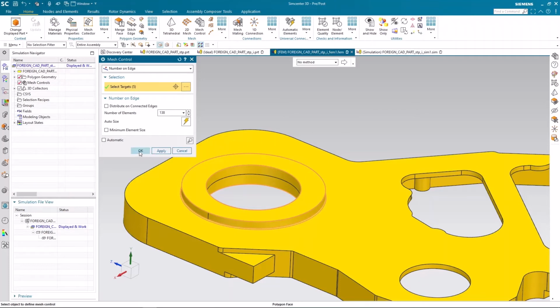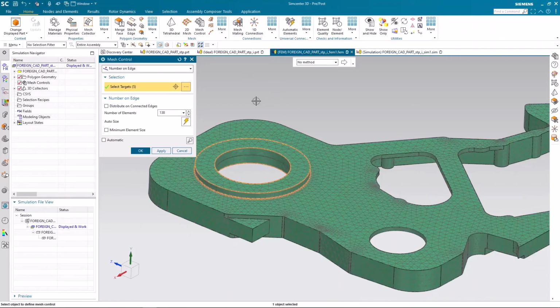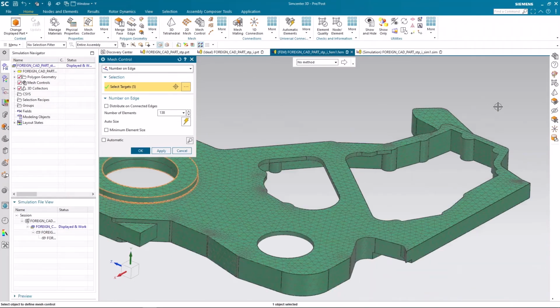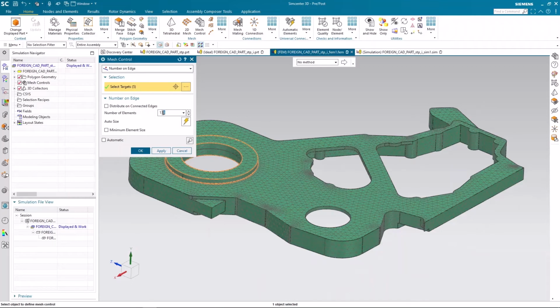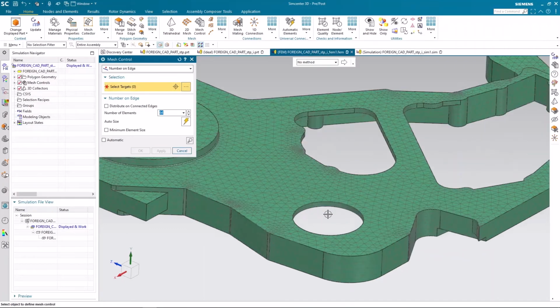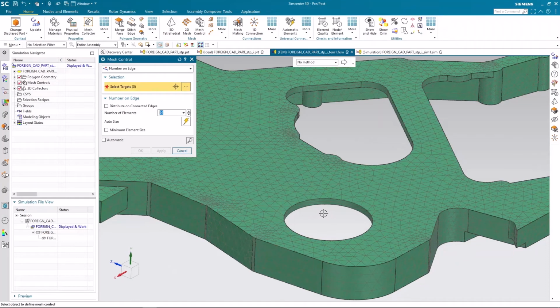So let's switch on our elements or mesh, and I need about 64 elements throughout this circular edge, and hit apply. In the same way, I need evenly distributed elements throughout this circular portion. So let's select this edge and that one, and I need about 48 elements, and